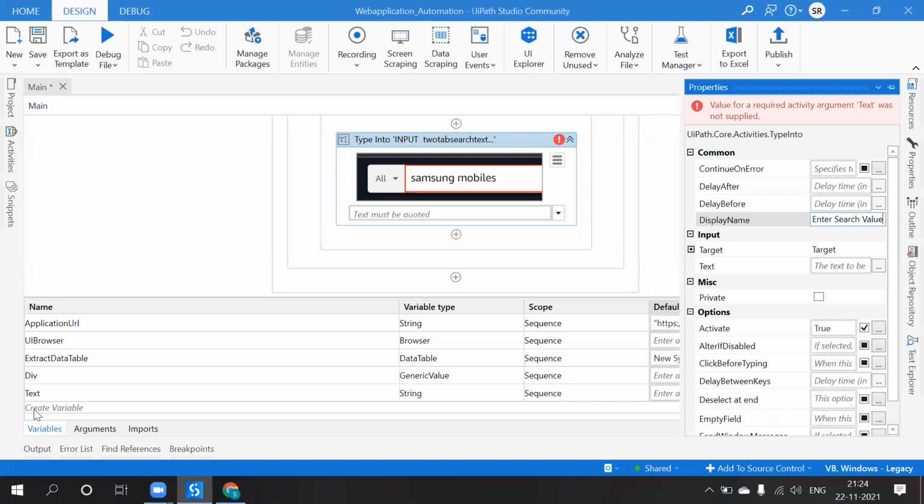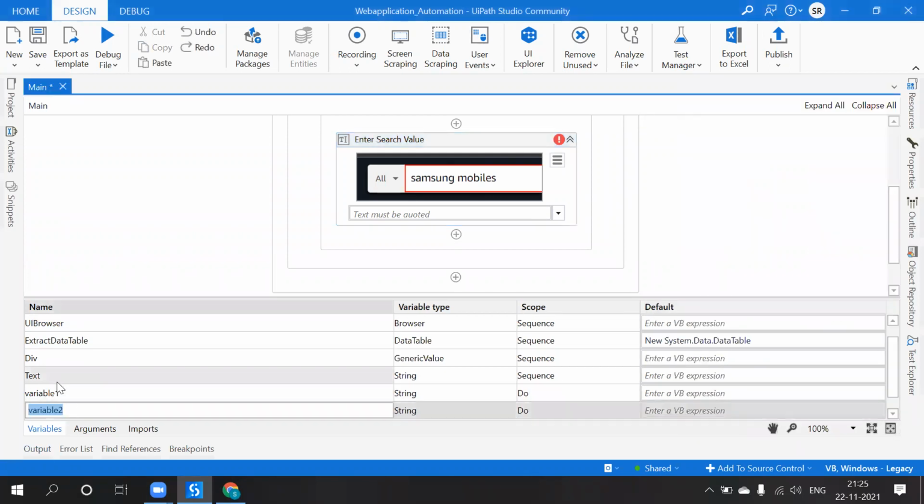Let us consider this is a web application where we have to enter the data into that field, say a text box or a drop down. You will get the values in a config file, or the data will be in Excel. You will read the data from Excel and put it into a data table. From the data table you pass it by using For Each, like when there are hundreds of customers' data to process. In that case you will pass the value as current row dot item of the column name we have to provide. So here